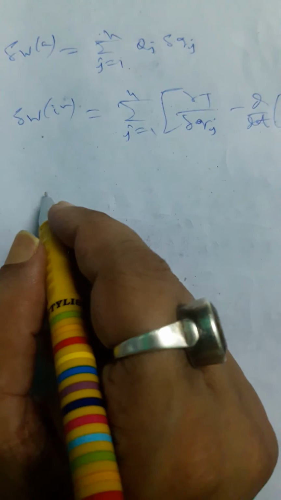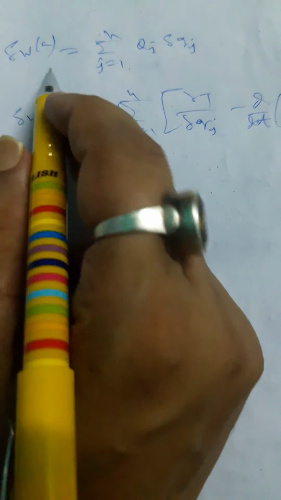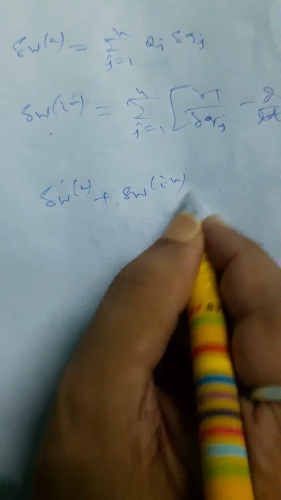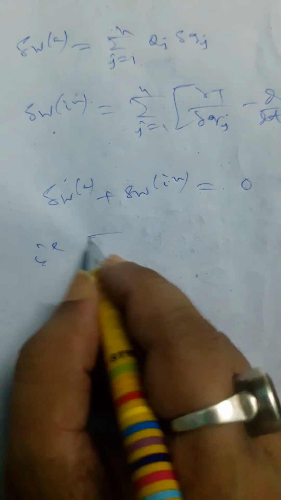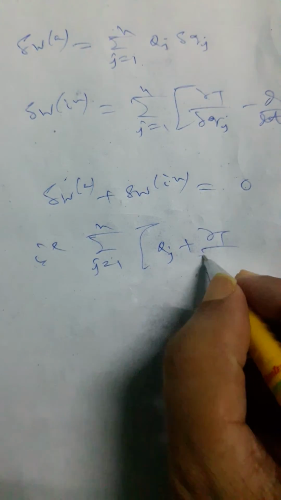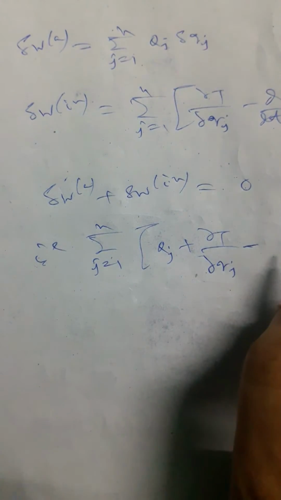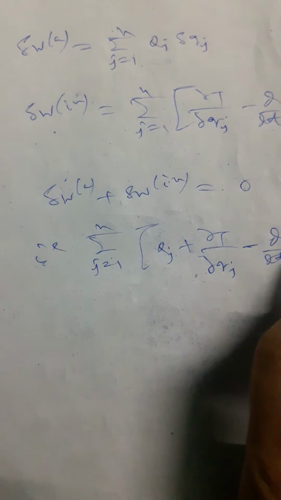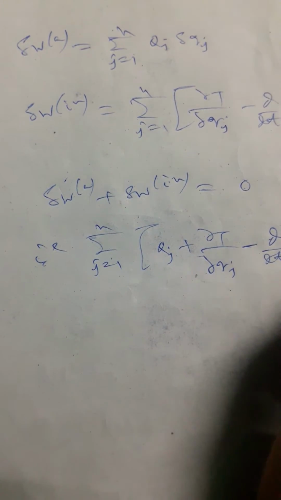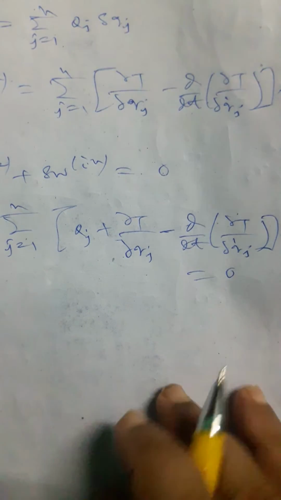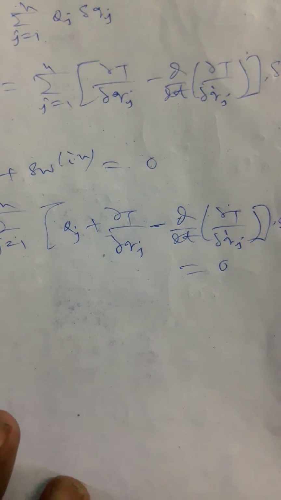Adding these two by the D'Alembert principle, applied forces and inertial forces will be 0, that is δWA plus δW inertial is equal to 0, that is the sum of j runs from 1 to small n, Qj plus ∂T/∂qj minus d/dt of ∂T/∂q̇j into small displacement, that is virtual displacement, equals 0. Now taking it equation number 14,